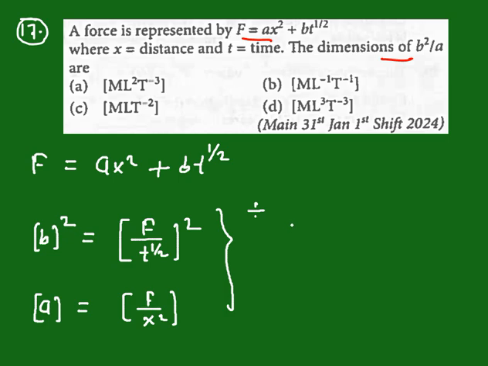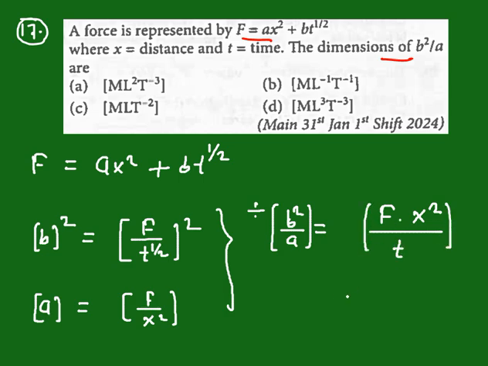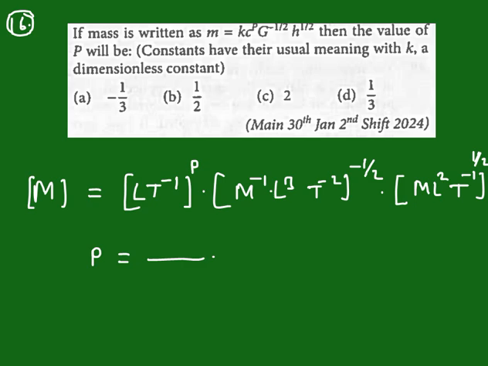Now b square by a, we have to divide these two. Once we divide these two, one f gets cancelled, one f is retained, upon, x square comes to the numerator, and then t. Now write all the dimensions, we get ml3 t minus 3. Just match the option, option number D. Now come to the question number